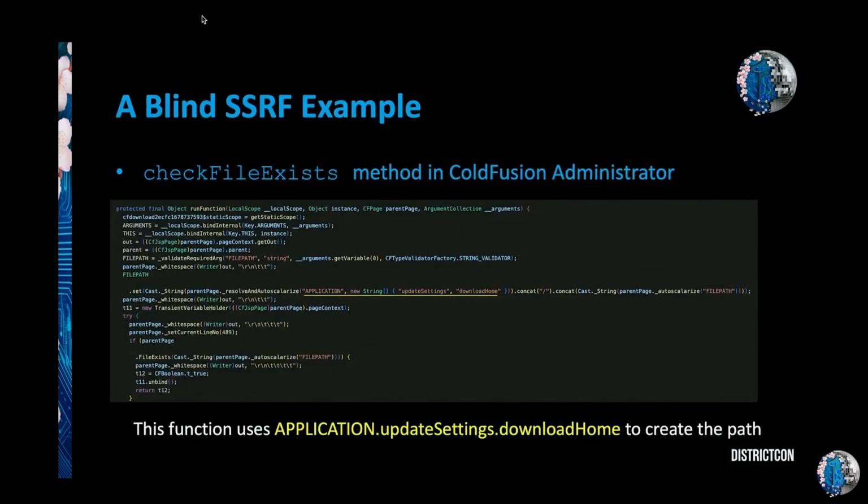Looking at one example of a blind SSRF vulnerability in ColdFusion itself that was vulnerable because of this. This, again, not particularly high impact, but is a good illustration of, yes, these vulnerabilities really do exist. This check file exists method is something within the ColdFusion administrator, and when you're downloading patches and updates, it's going to download something, check to see, hey, does it exist? And it's relying on this